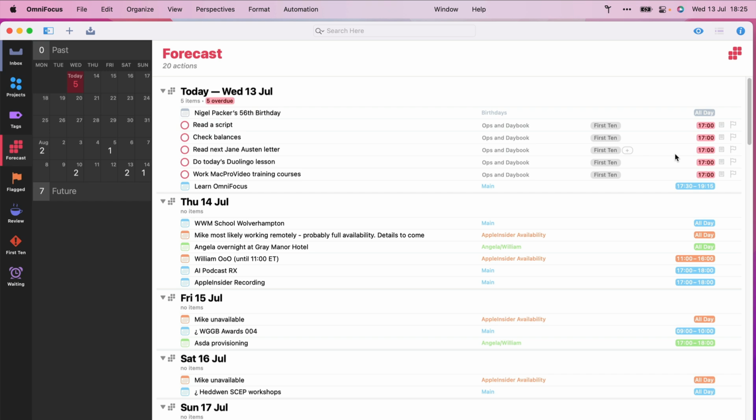There are certain things I have to do at certain times, and I will do that. Or sometimes I'll use due as an extra reminder if it's really urgent that it has to happen at that particular time. I'd quite like to be able to switch off, actually, the times in OmniFocus, and I'd like to be able to just kind of drag and rearrange. Sorry, I've done that one. Yeah. But I like this arrangement for the forecast view,